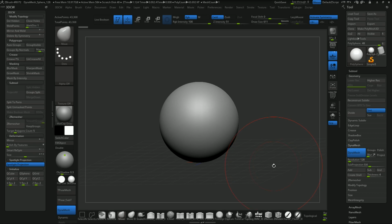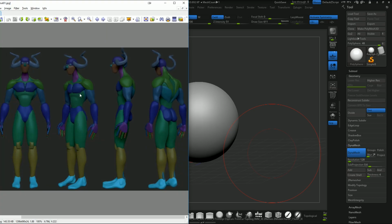And what I mean by a blocked-in approach is when you want to make a character, instead of just jumping in and sculpting and treating it like clay right from the beginning, basically blocking in your design. So you're working with primitives. We're using the Insert Multimesh tool to insert spheres or whatever shapes we want and reshaping those to be these core shapes using as minimal tools as possible, just essentially using the Move brush and a bit of scaling